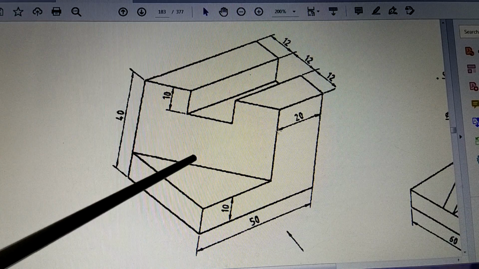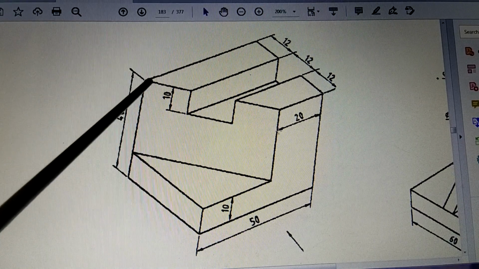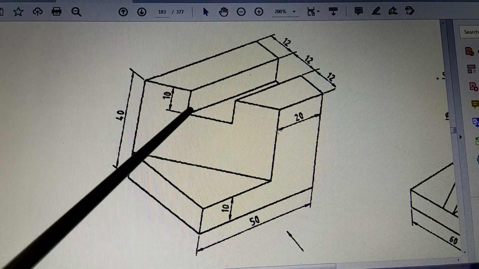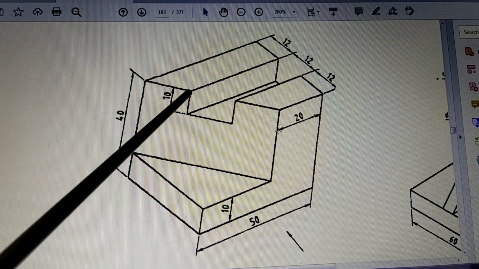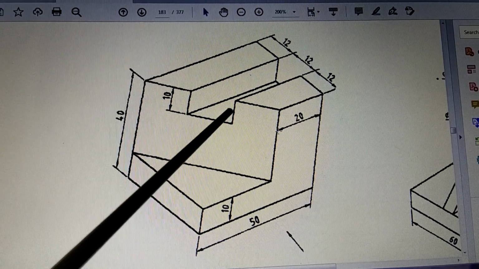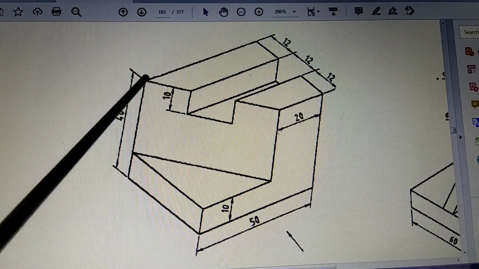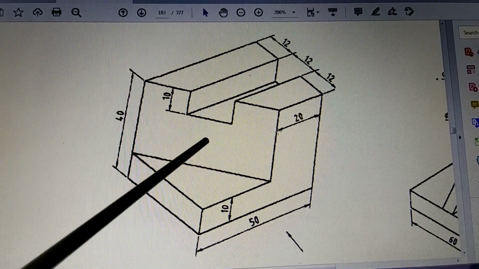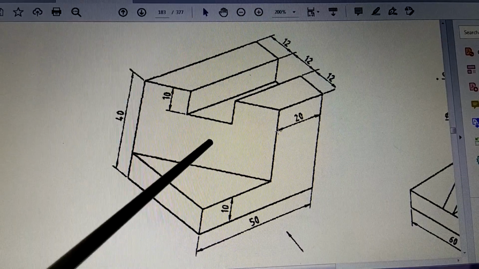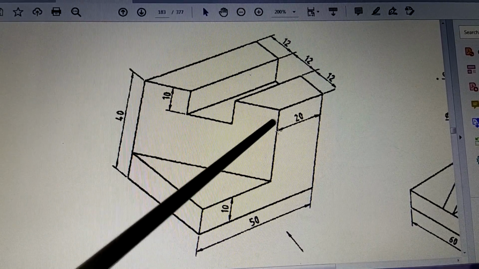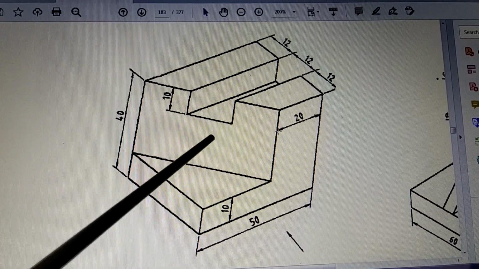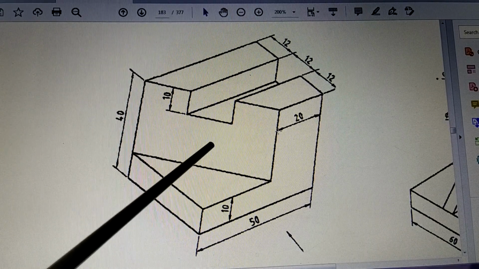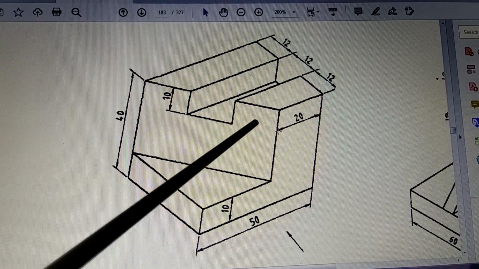When you try to draw a line here, you will find that it is made up of this line. So all the edges, edge 1, edge 2, edge 3, edge 4 and edge 5, all these 5 edges will be seen in this direction. As soon as you reach this point here, when you go from here to here, it will not be a straight line, but a line like this, this and this.